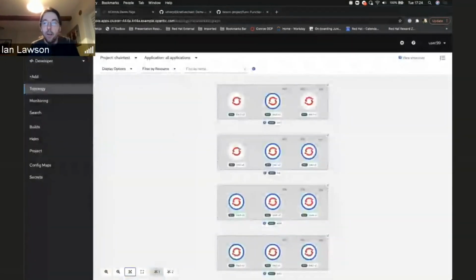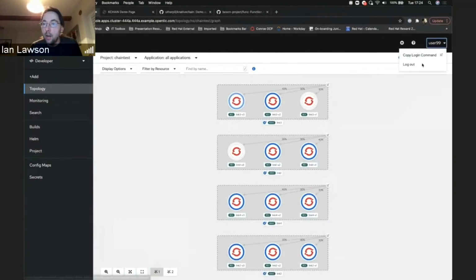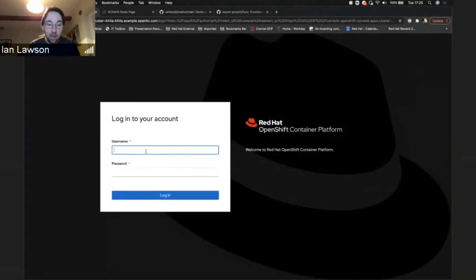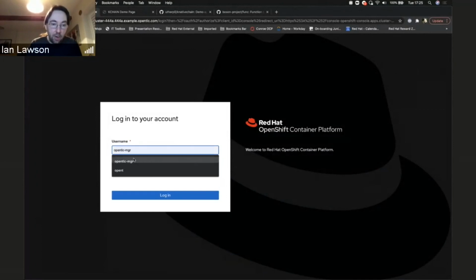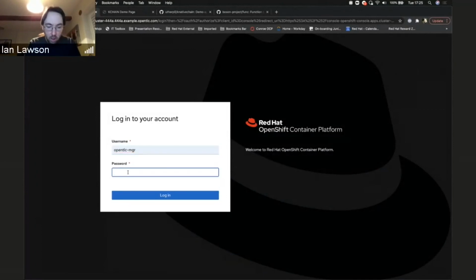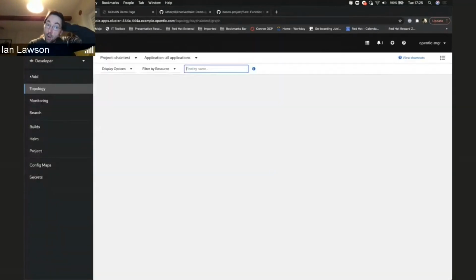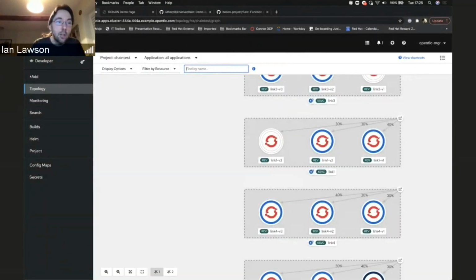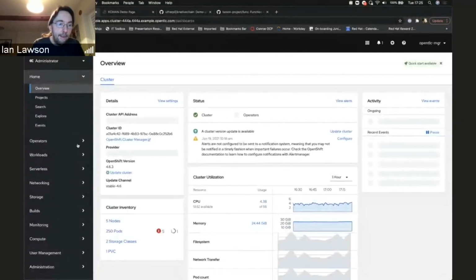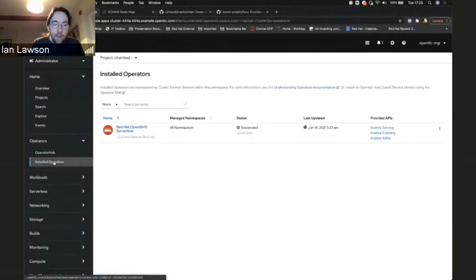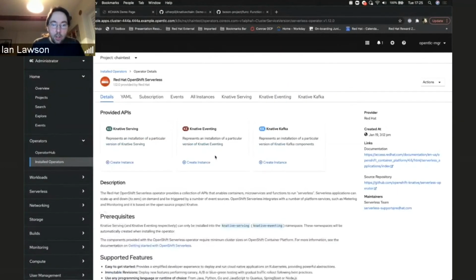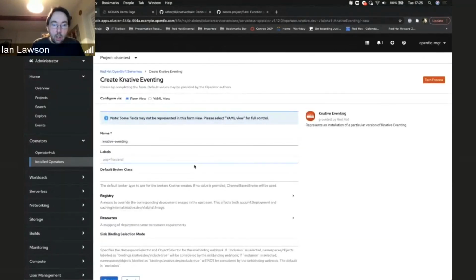If I go over here, if I log out of this one and log back in as, bear with me a second because my video page is over the login point. If I log out and then log back in as the cluster admin, show what the features are from that perspective. So we go and look at the operator. What I can do is I